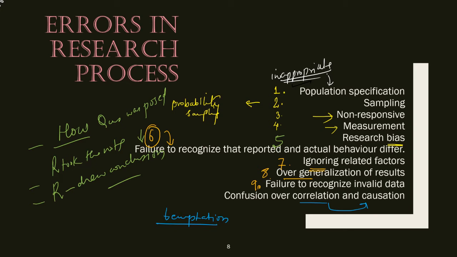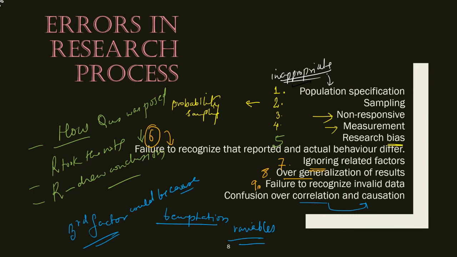We are going to deal with variables in the coming lectures very soon. So for example, if a participant reports getting low marks in an exam, and the amount of studying he did for that exam, these are two variables. This does not always imply causation. Instead there could be a third factor, such as a high stress level on the day he appeared for the exam, that could have caused the lower marks, or his illness could have led to lower marks. So this is all about the errors in the research process.